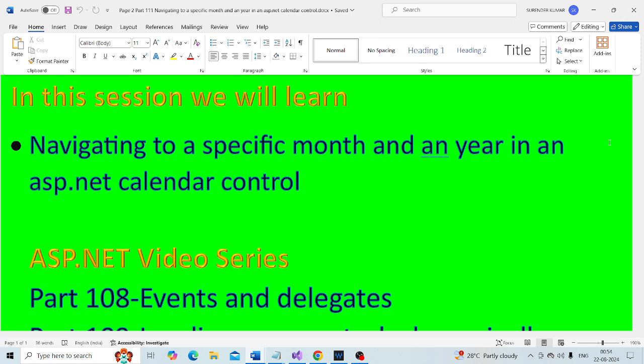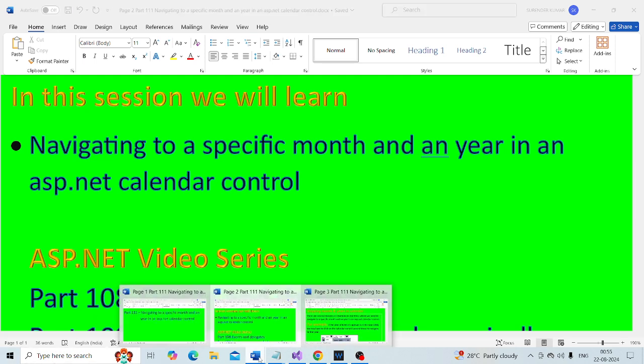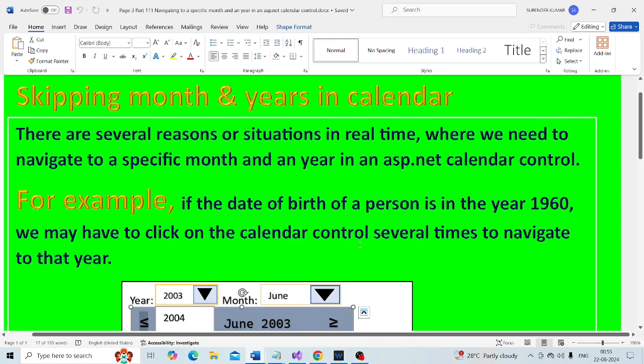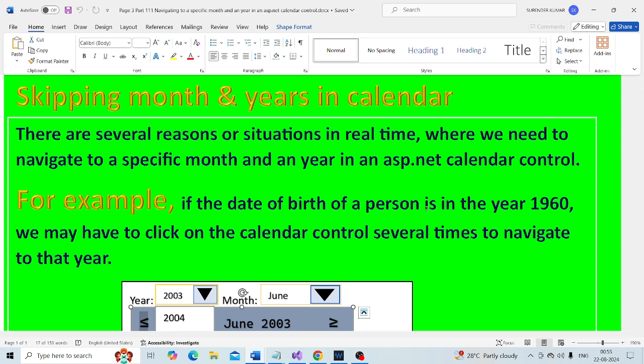This question is very important. There are several reasons or situations in real time where we need to navigate to a specific month and year in an ASP.NET calendar control.